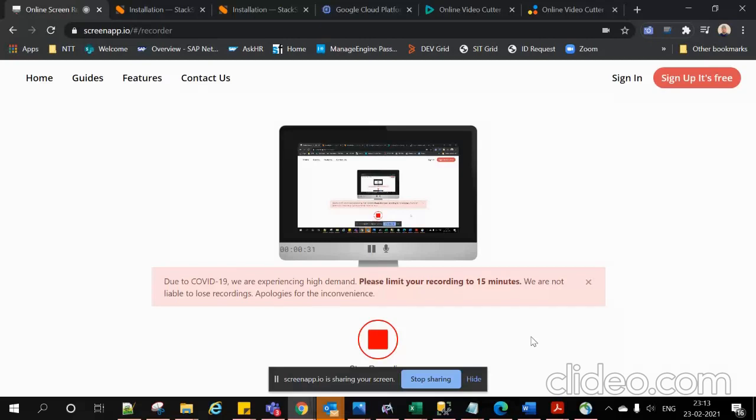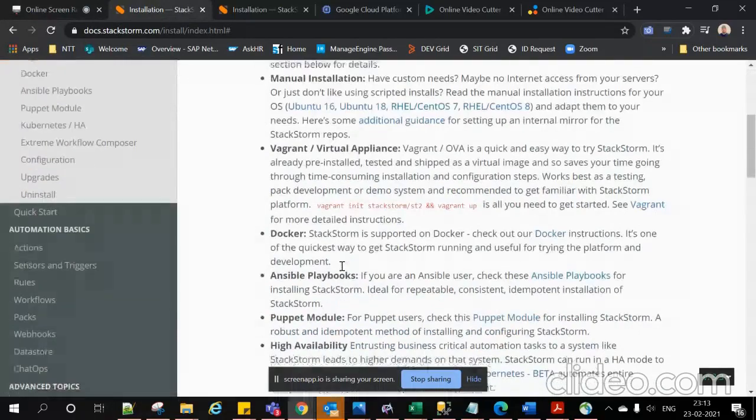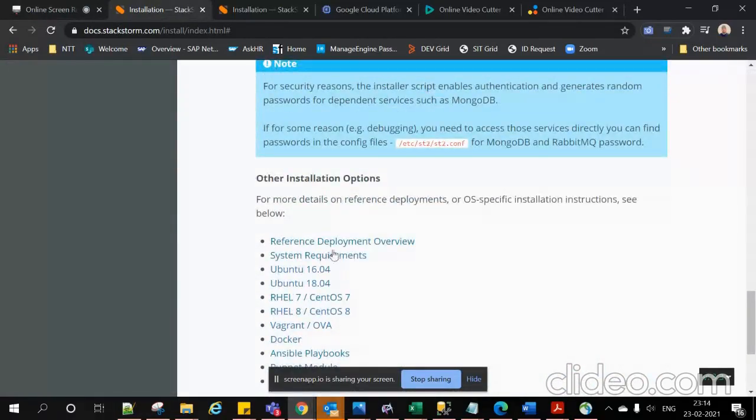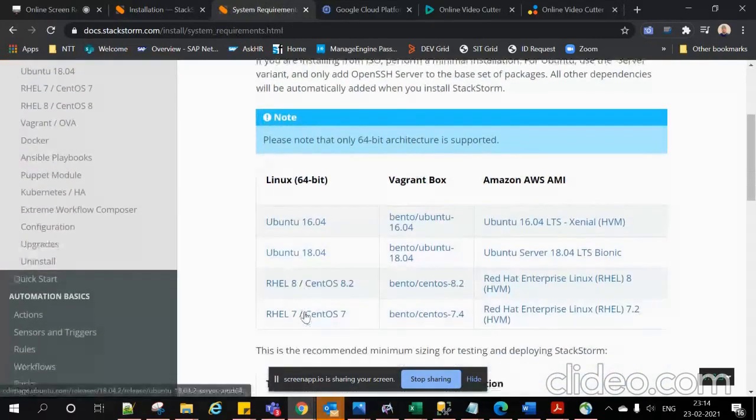operating systems. If you want more information, go to the StackStorm documentation, and if you go to the installation, you can see the system requirements. It can only be installed on Ubuntu 16.04, Ubuntu 18.04, Red Hat 8 and 7, and CentOS 7 and 8.3. Other than that, it can't be installed on any other machines. It needs at least 2 GB of RAM and 10 GB of storage. That's mandatory, and it should be a dual core CPU. Those are the system requirements